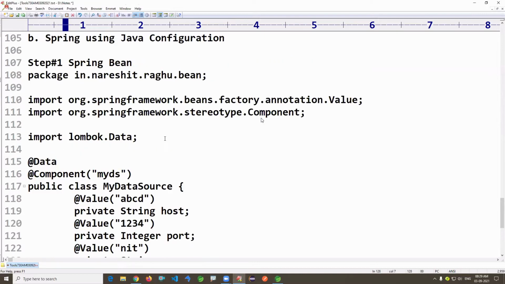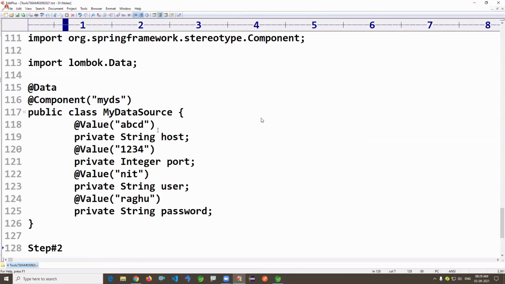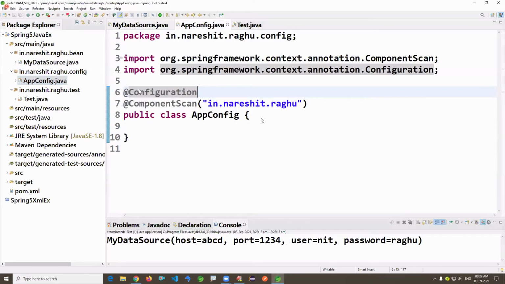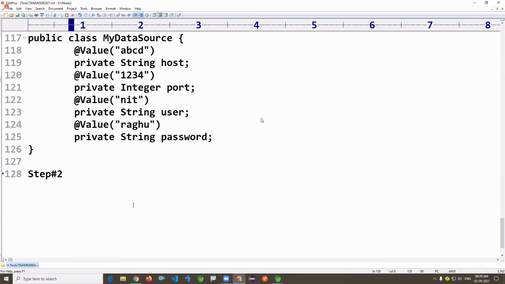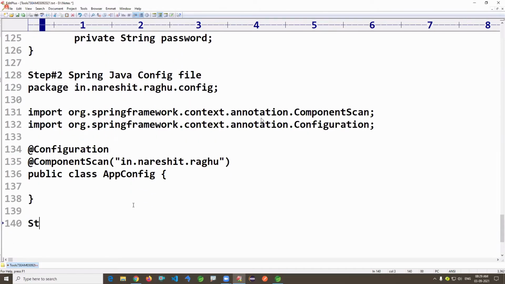Step 2, this is Java and annotation config that we have to call. @Data is generating the setter and getter methods, toString method, and all. Step number 2, your app config. Step number 3, test class.